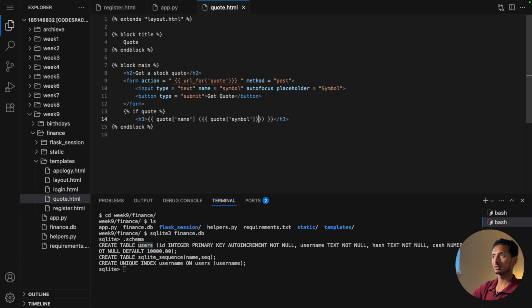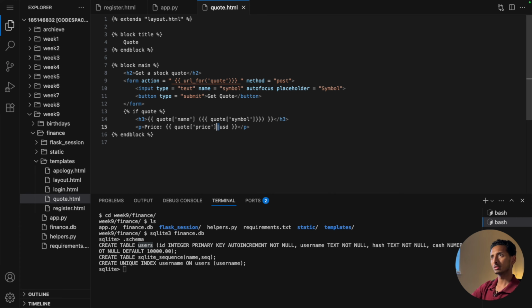Once this is done, we are closing the bracket, and then we are going to show the price for it. So I'll go to the next line and I'll say paragraph tag, the price of this particular stock. The price for it is again a placeholder, quote price, and this we want to render as